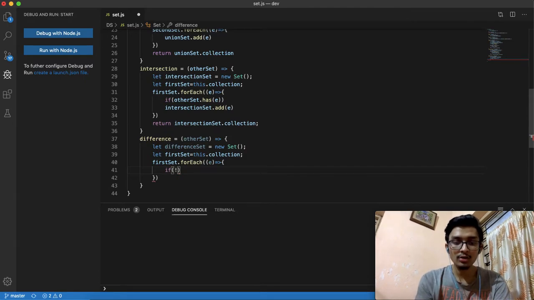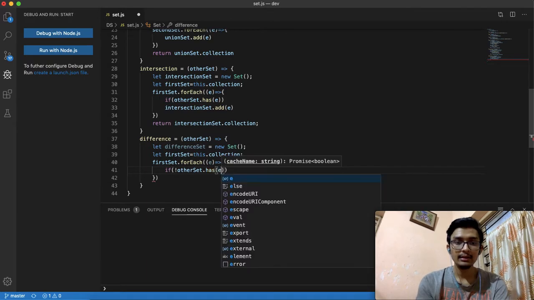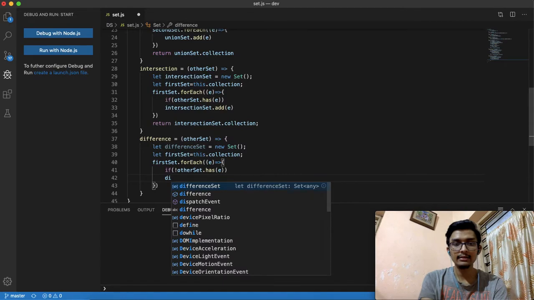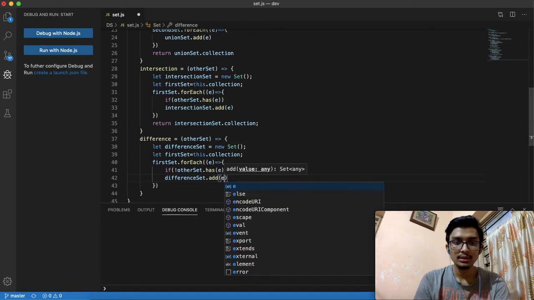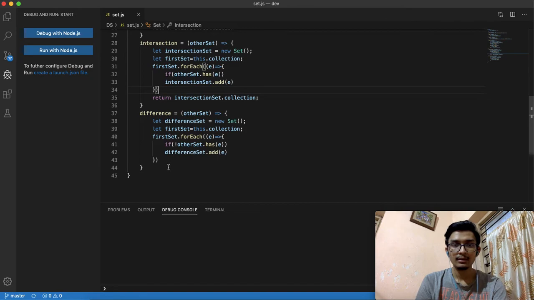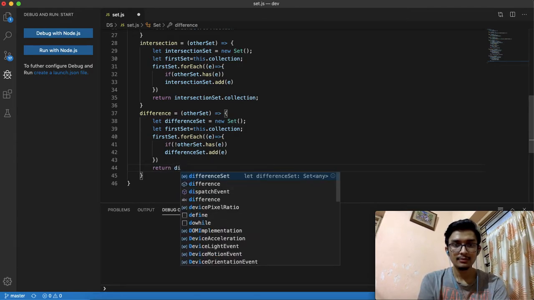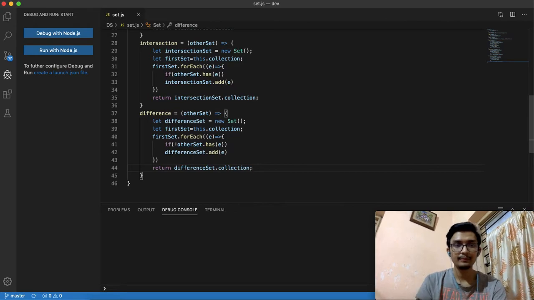So if not of otherSet.has(e) is true, then only I will add it in the difference set. differenceSet.add(e). Okay. Then I will return differenceSet.collection.